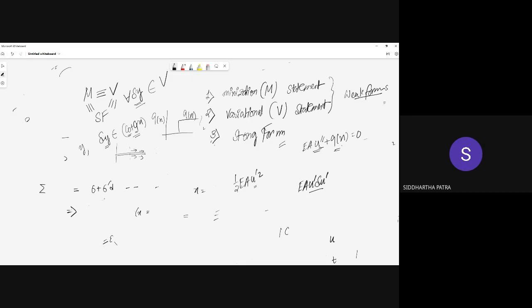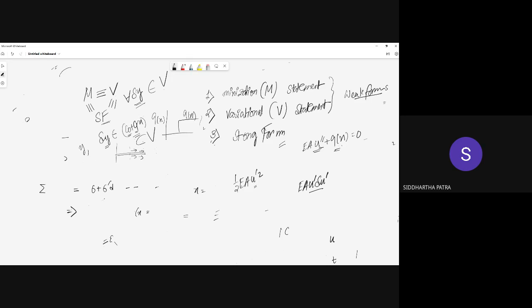So it's not like the strong form gives you only exact solution and the weak forms only give you approximate solution. The approximation lies in the search space, or the set from which you allow the function to be. The set of all linear functions is a subset of this set right here. So if you're looking in a subset, that's when the error comes. And of course there are methods to improve the error, and all of those we would discuss in the next class.